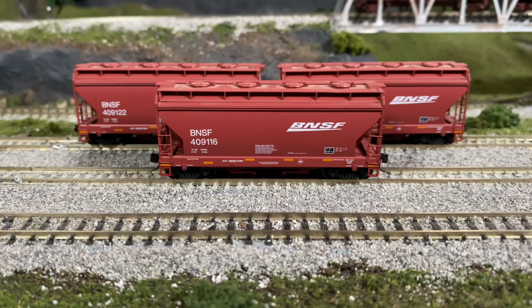But these are, to the best of my knowledge, pretty close to properly weighted, and that really makes a difference when you're used to just cheap rolling stock. When you get something that is properly weighted, and the difference it makes for smooth running and how it interacts with the engine, it really can be game-changing for a beginner moving into the intermediate class, and this was that